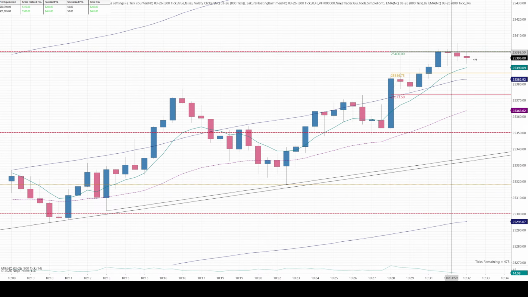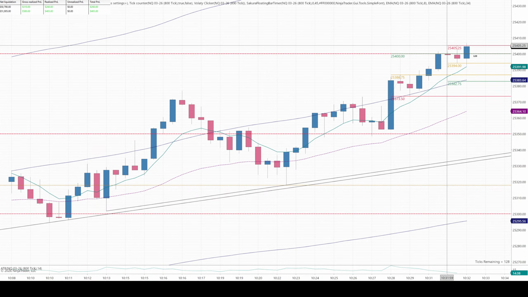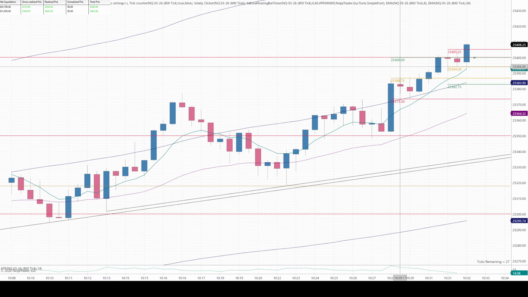If you guys are wondering why I took it bearish there, it's because it held under 400 here. It held under 400 here. So I decided, you know what? I think it might hold under 400. But then you saw it just, as soon as I got in, it went above it. So I decided to get out when I could. And I'm glad I did.